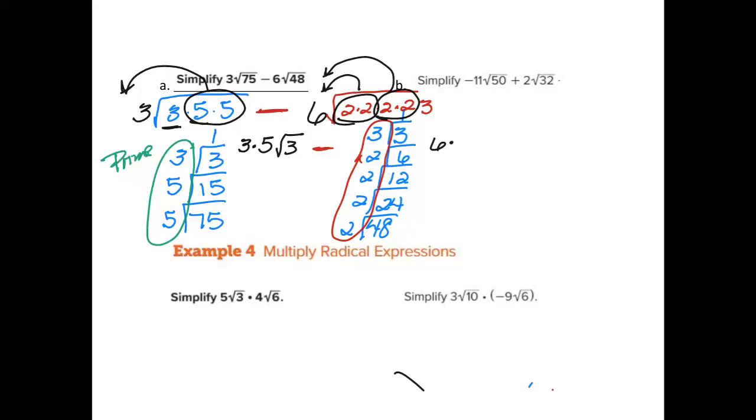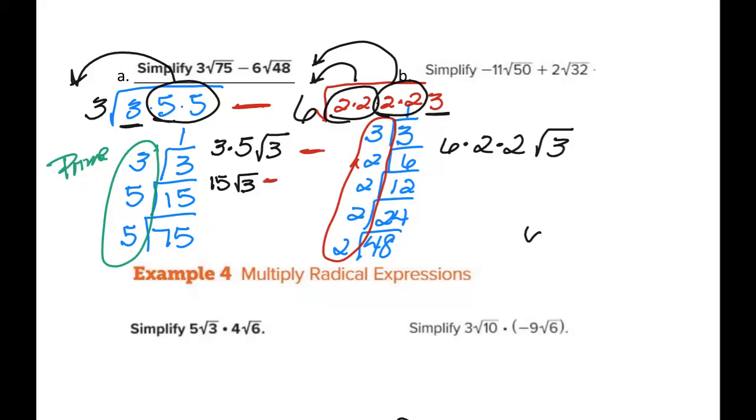And times 2, that's the first set of 2's, times another 2, and I'm left with the square root of 3. Now I'm going to combine these all together. 3 times 5 is 15 times the square root of 3